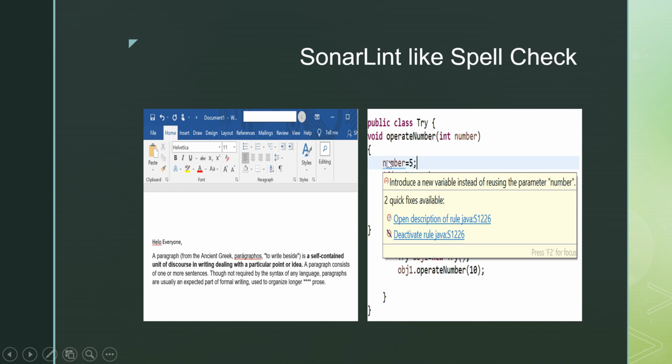So SonarLint is giving me this issue: introduce a new variable instead of reusing the parameter number, because you are already receiving a value in the number parameter, so why are you assigning it manually over here? Instead of number, better you use some other name. So this is the way SonarLint gives you the list of issues, description of issues, and provides solutions also if you go to that link.